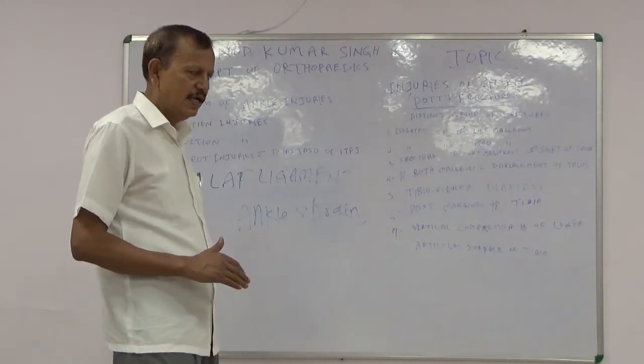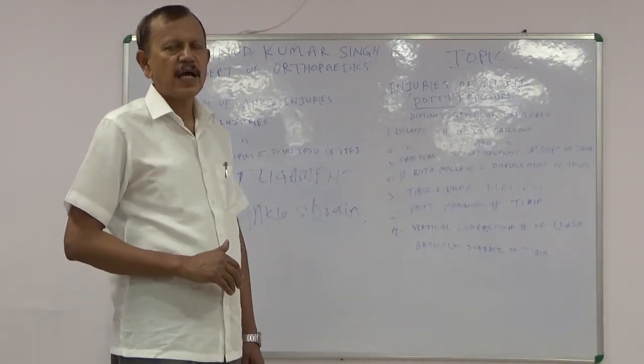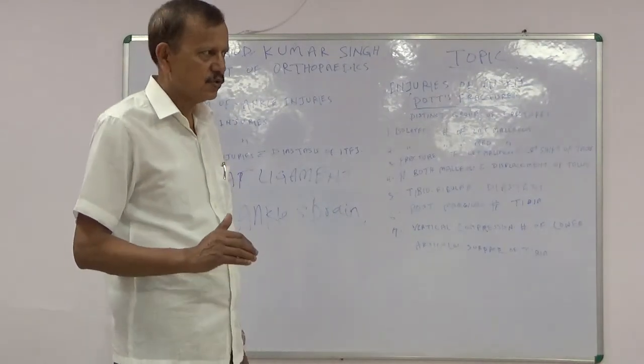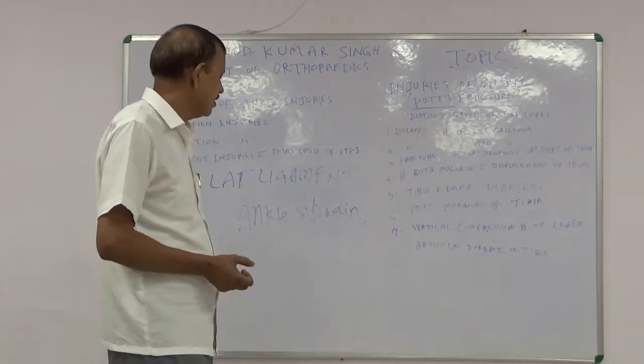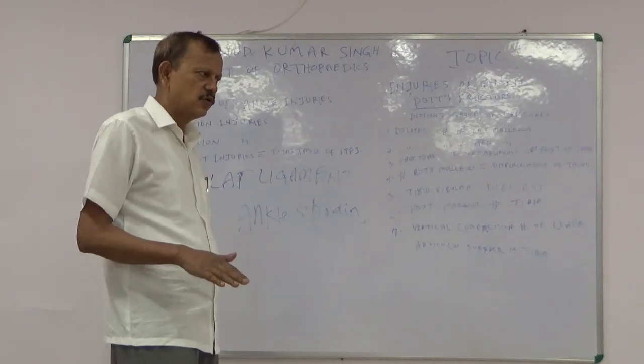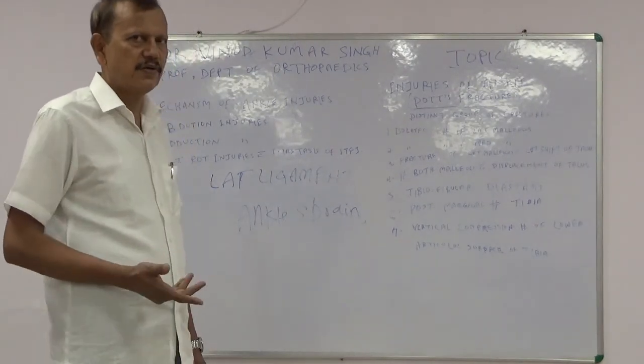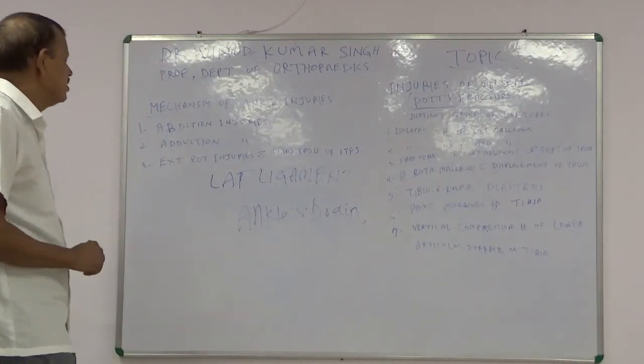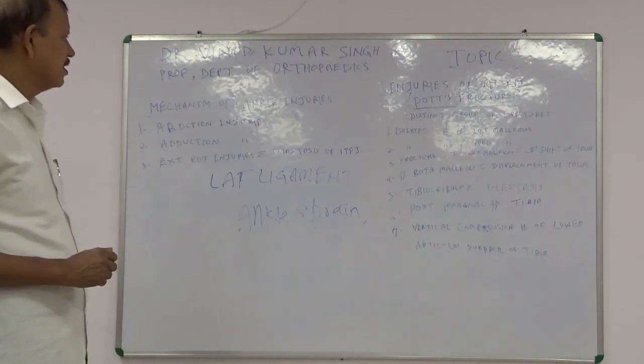This is the calcaneofibular ligament, and since this ligament is intact, the stress is not transmitted to the anterior part. But in case of ankle sprain, the moment you do plantar flexion and then give an inversion twist, the patient will feel severe pain. So this is typical of an ankle sprain.